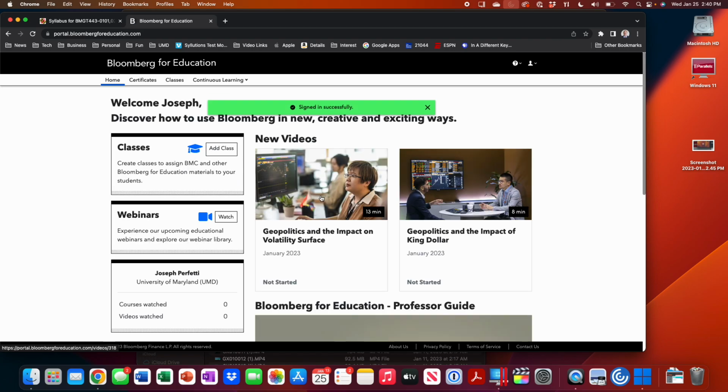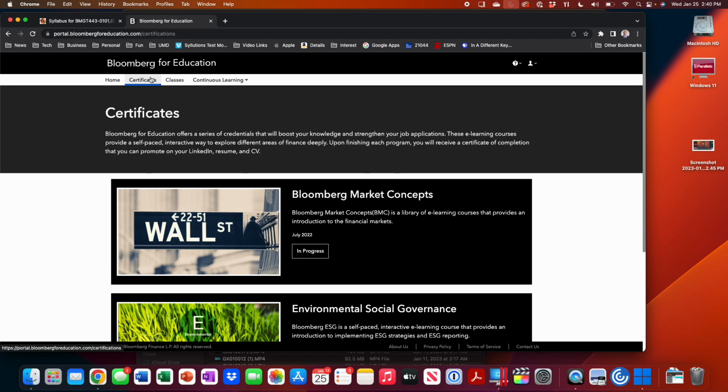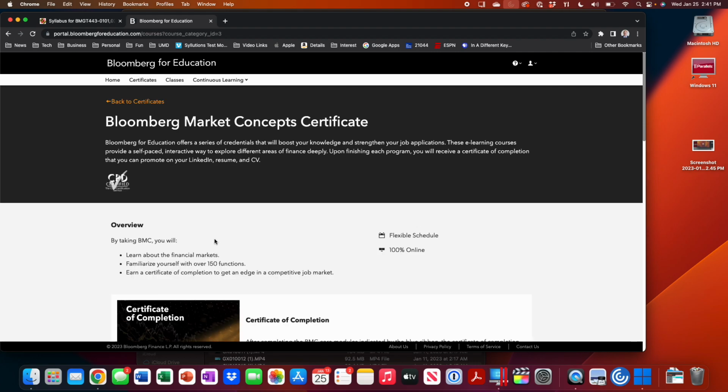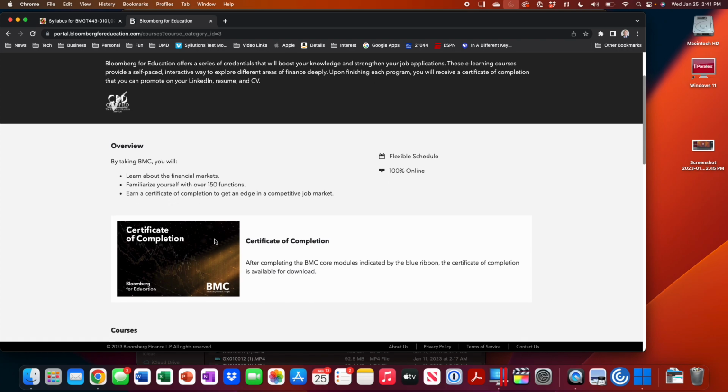you're going to come to a screen that looks like this. At the top of the screen, when you sign in, there's a link that says certificates. This is their training courses. The training course that you want is called Bloomberg Market Concepts, or BMC for short. That's the certification for the terminal, the software. When you click on that, it'll show you what you need to do to get certified, but here's the point. When you're certified, you will get to download that PDF with your name on it, and more importantly, you can put it on your LinkedIn profile, your resume, etc. The first thing you will do when you go work on Wall Street is they'll send you the certification.